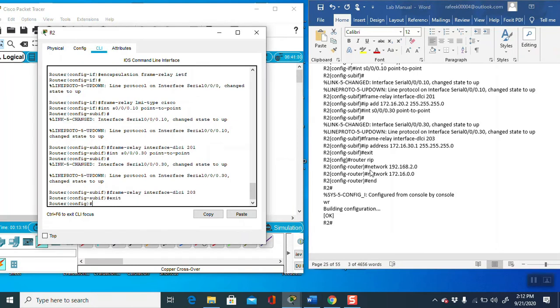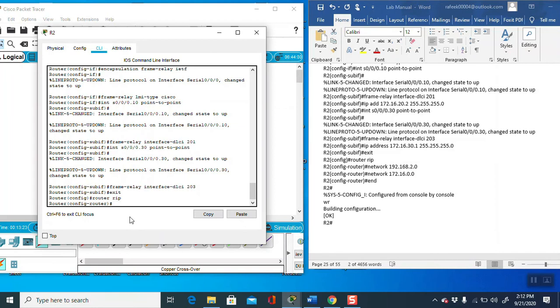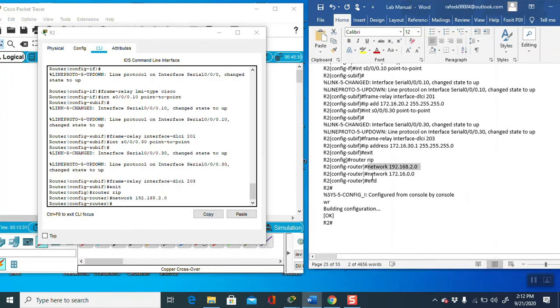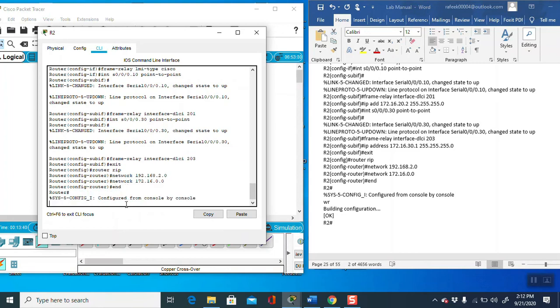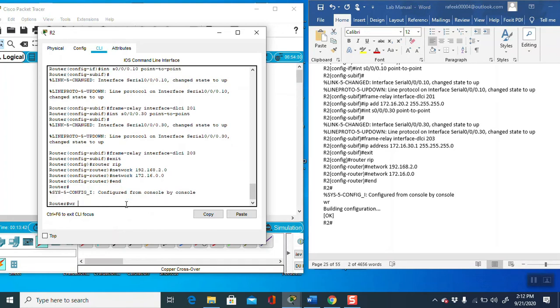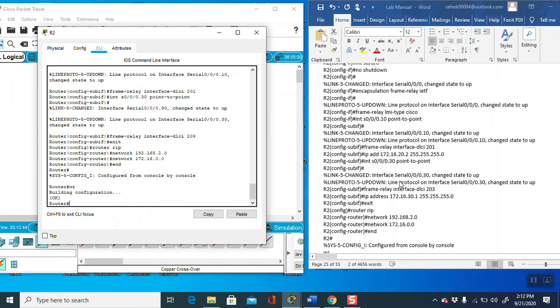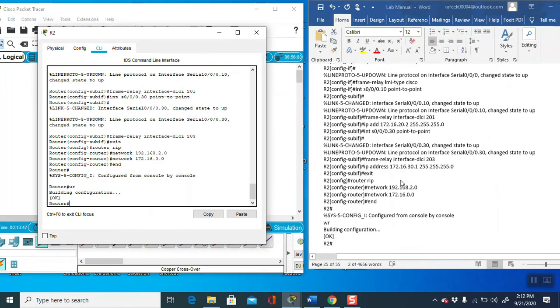Then provide router RIP protocol. Then copy this command. Again copy this command. Now write the WR command. Now we have finished the configuration of router 2 also.